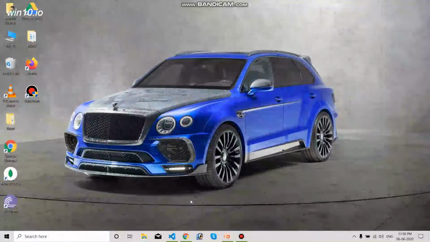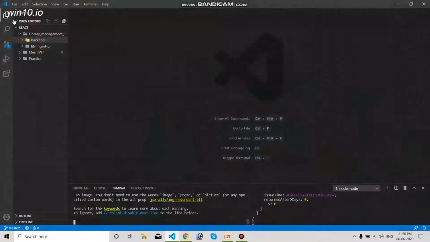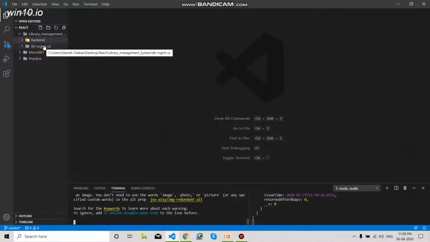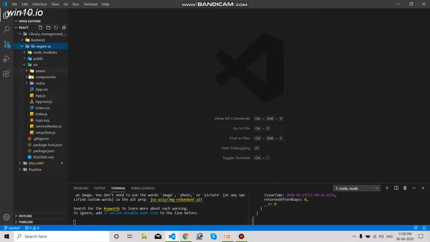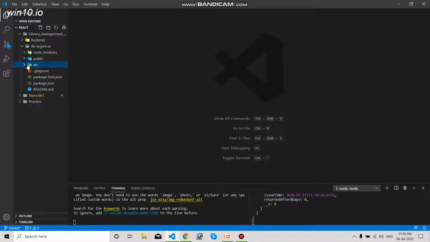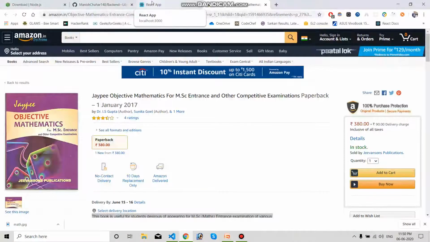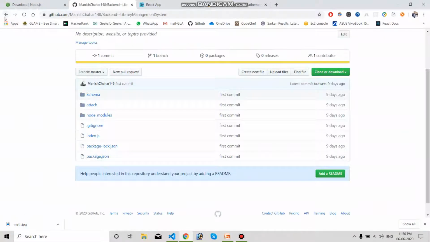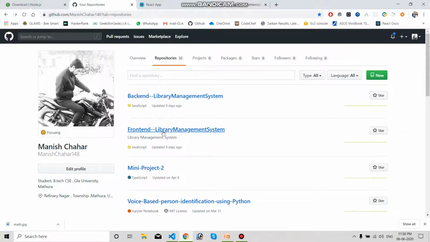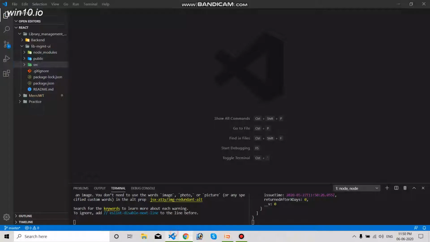Once the Mongo server starts on your system, open this code editor tool, and now I am going to explain the code to you from scratch, how it is implemented. If you open this front end, the repository that you have downloaded from here, this front end for the library management system, this is the folder. These are the files that I am going to show. When you open this, you will have the node_modules folder, public folder, src folder, .gitignore file, package-lock.json file, package.json file, and readme.md.